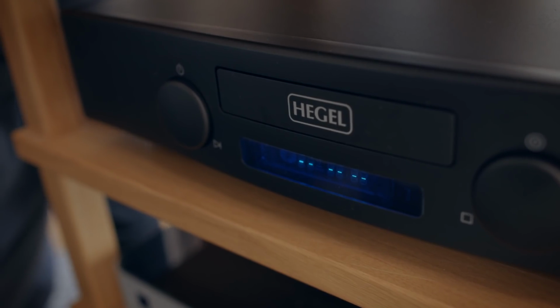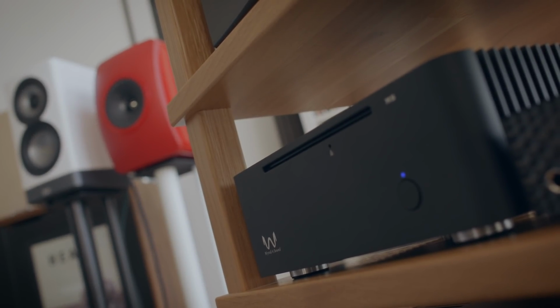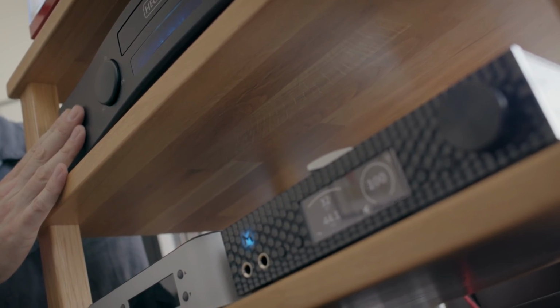It doesn't sound as dry. Some digital transports can sound a little bit dry. That's not always a problem, but with my system here, I prefer the wetter sounding ones, and the Wired for Sound is wet. It sounds silly, doesn't it, really? But I'm going to run with this. It sounds wet. The Hegel sounds a little bit wetter, a bit smoother, a bit richer. And